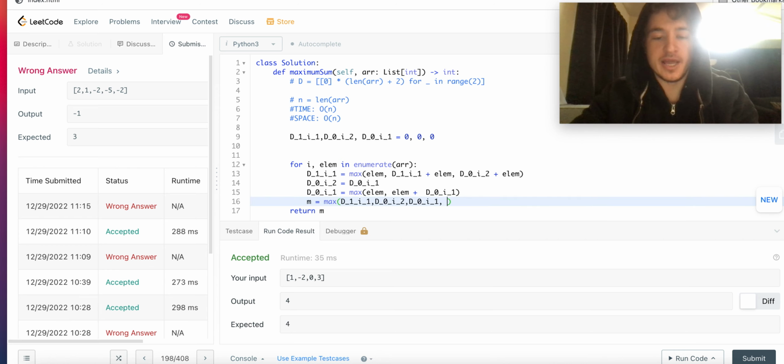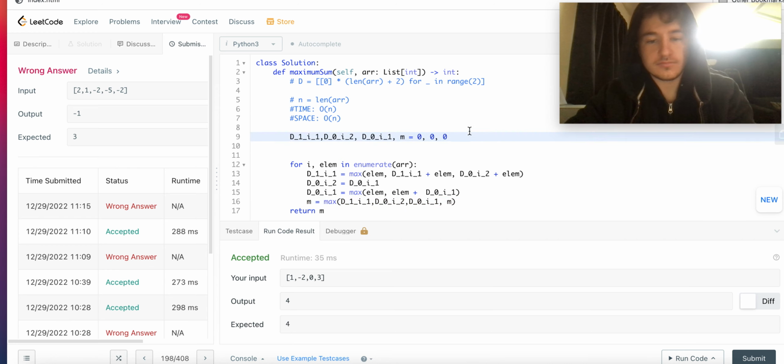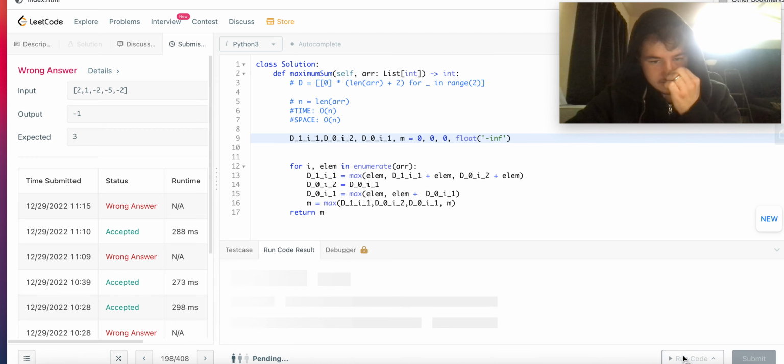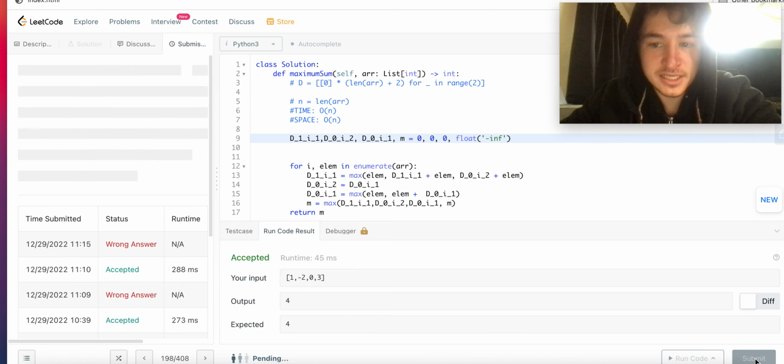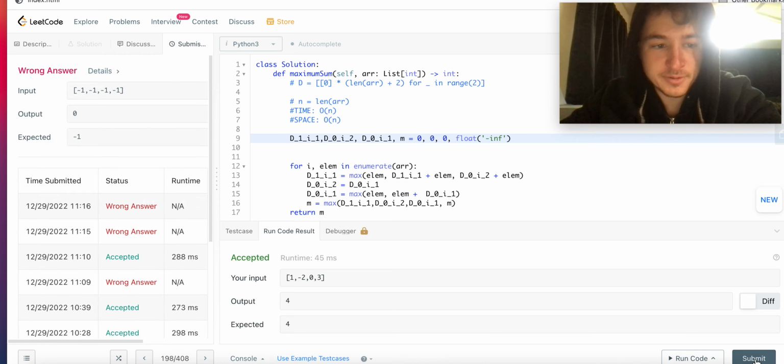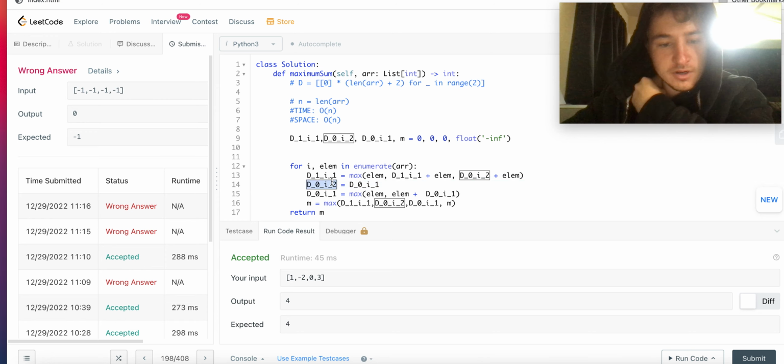Oh, because I haven't updated what M is. So M starts at float negative infinity, I guess. All right, so this is what's problematic when you try to make something constant, because it's not that easy, but you know, you can tweak it. The problem is, are you going to capture everything in the interview? Okay. So this is saying 0, right? But you can't skip, so you have to leave at least one element. So there's something in here causing it such that, yeah, so setting D0I to D01, this starts at 0. So then if you take the maximum of that,